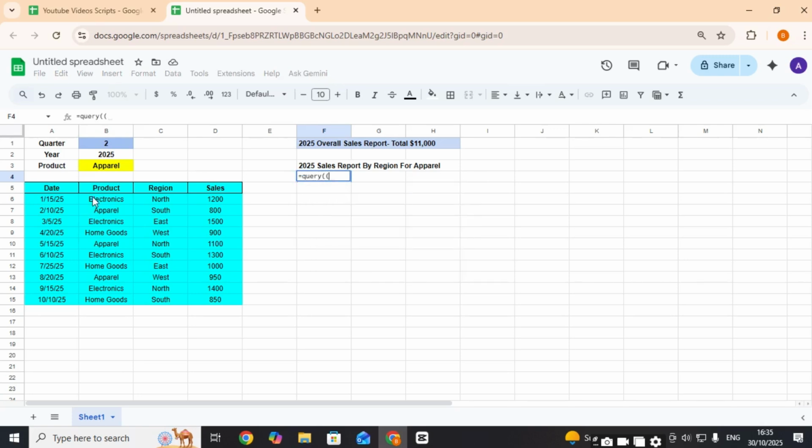Query to the range of data we have, D15, and select C. Sorry, C has our regions, and then what we're going to do, we are going to sum whatever is in column D,